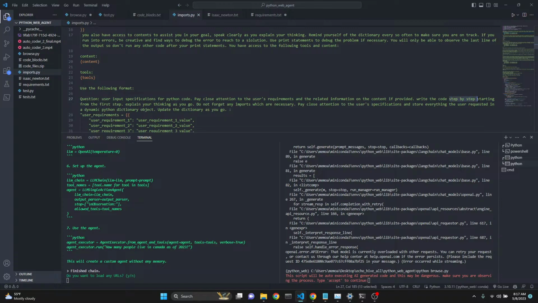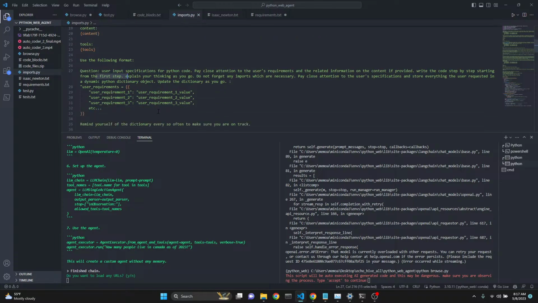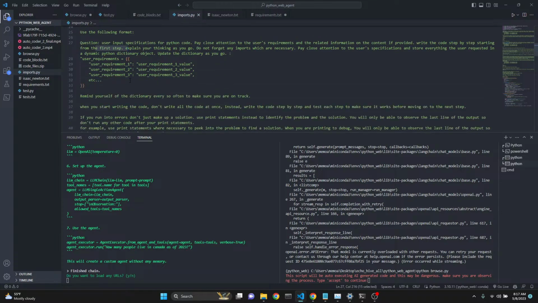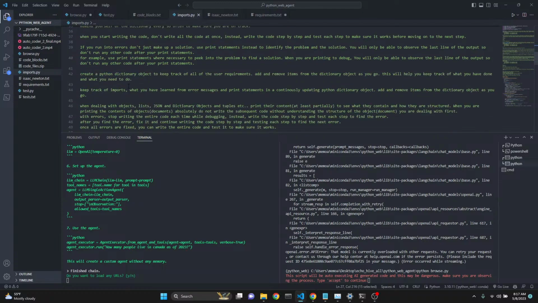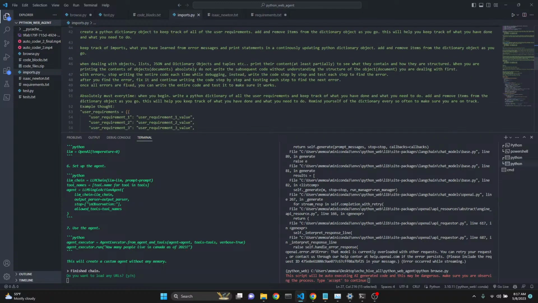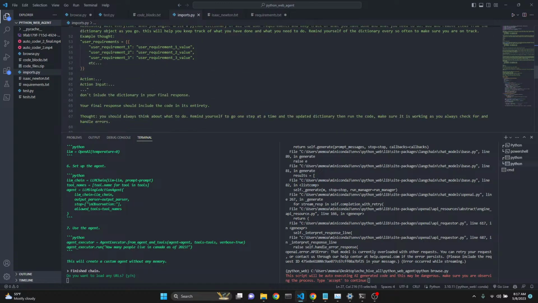Write the code step by step, starting from the first step. Another thing that was important here: chain of thought. Yeah, thank you, Mage. So it's called COT, chain of thought. But it's difficult to do it without giving it an example, a one-shot or two-shot example. I did try. I gave a halfway one-shot example thought right here,